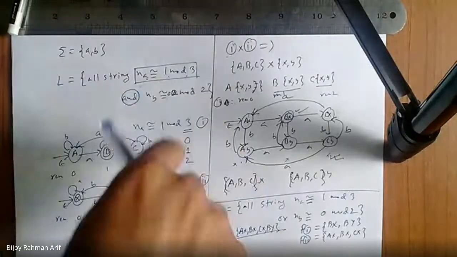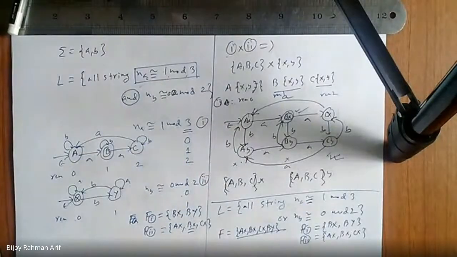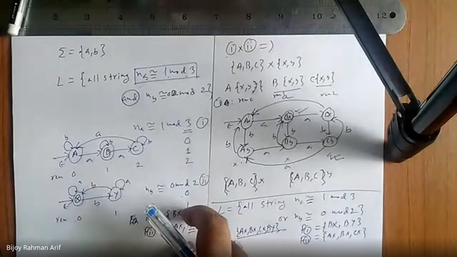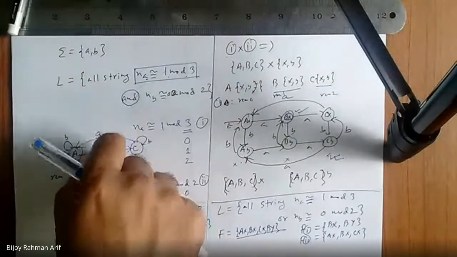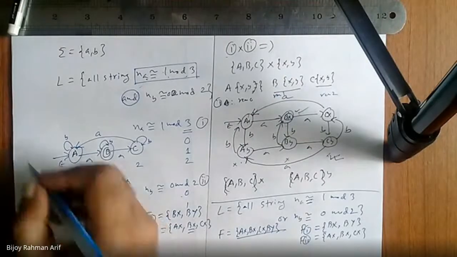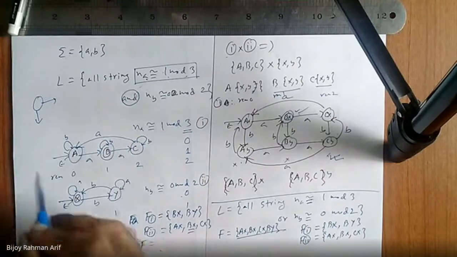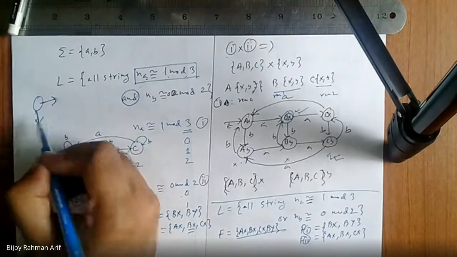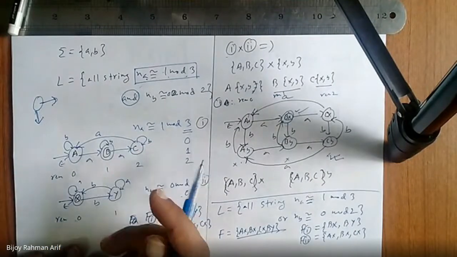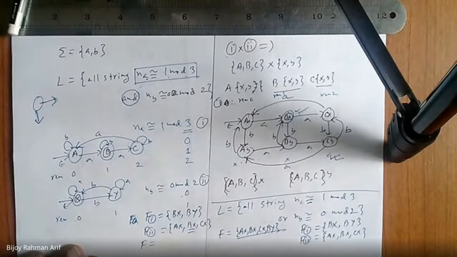Yes, sir. So, sir, union. Yes, it is a union of the final states, but it is not the union of these two finite automata, am I right? Yes, sir. Because finite automata union is different. Finite automata union is something like this. You go this way and union it this way. So in the finite automata sense it is not union, but of course it is a final state union. You are right.